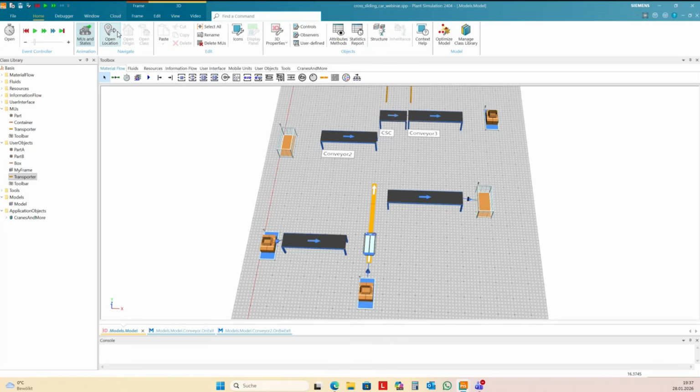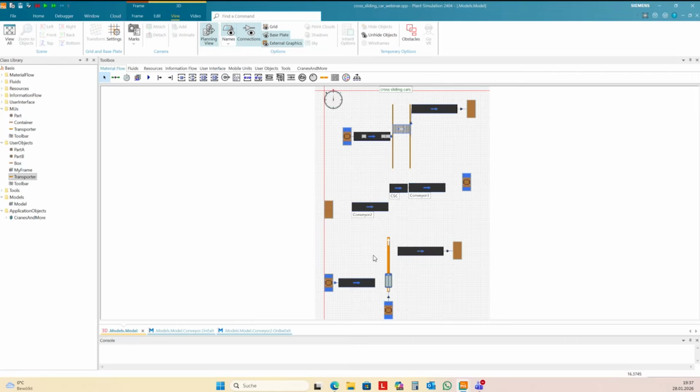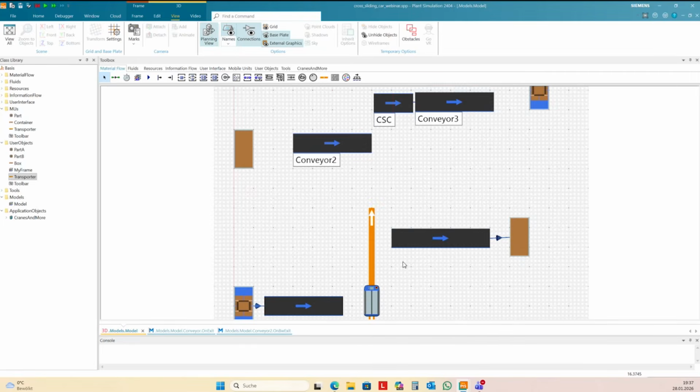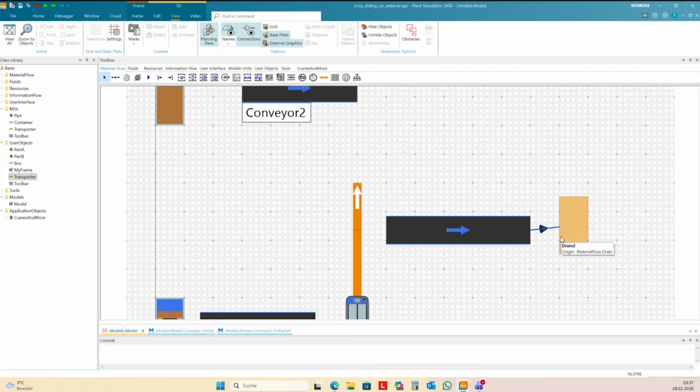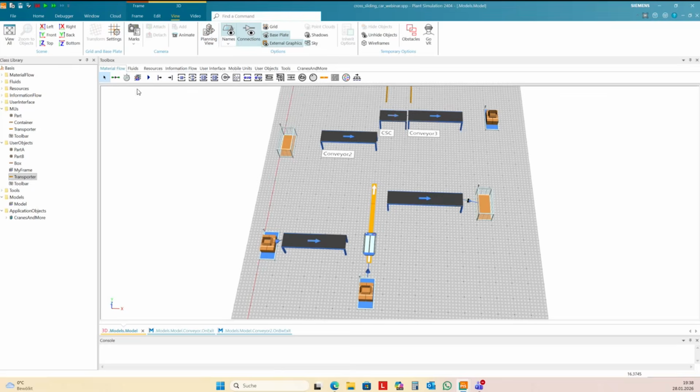And if I view the planning view, it's easier to find the right orientation for the elements. Okay, these are 3 different ways to create and control a cross-sliding car.